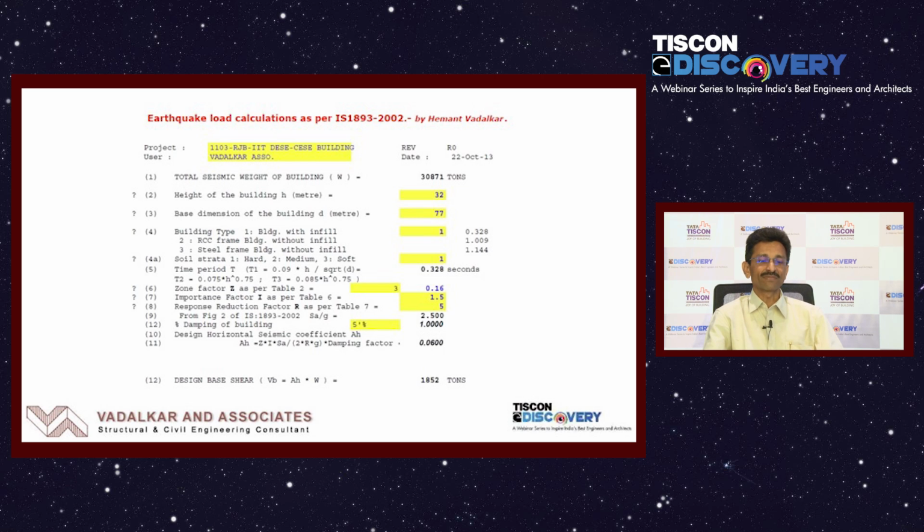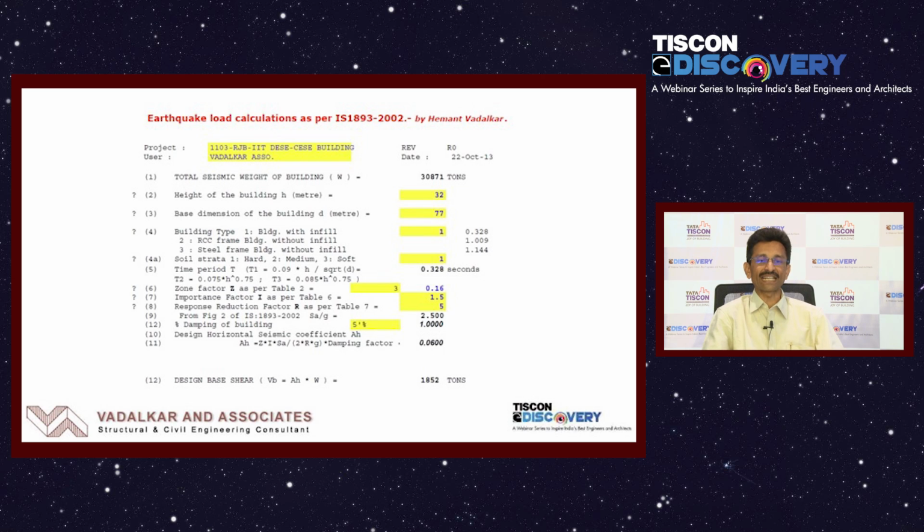It is nothing but some coefficient AH into W. W is nothing but the seismic weight of the building. How the factors are to be taken is explained in the code, but in principle the horizontal load is nothing but some fraction of the vertical load. W is your total seismic weight and this is some fraction of that. So you have to calculate based on your total weight of the building and based on the codal guideline you can calculate the force. In this example it is coming around 6% of the vertical force. So we can see here 0.06 is the value of your AH. I multiply that with the total seismic weight W, and I get the earthquake force. That is the horizontal force I have to design my structure for. There are two approaches given in the code.